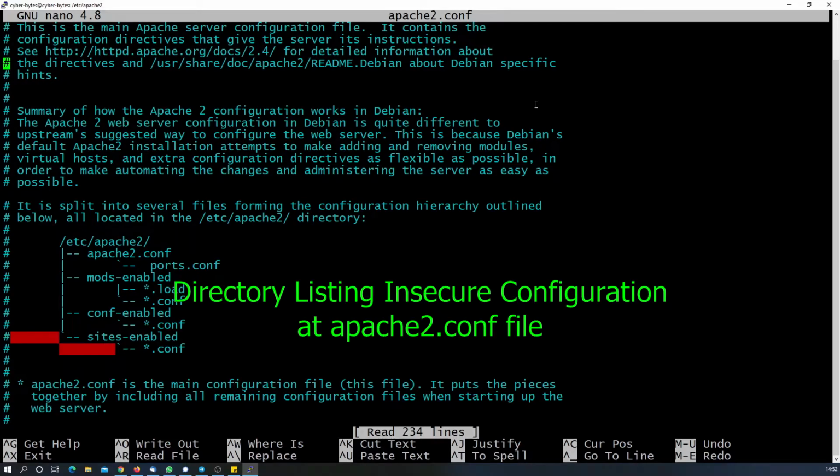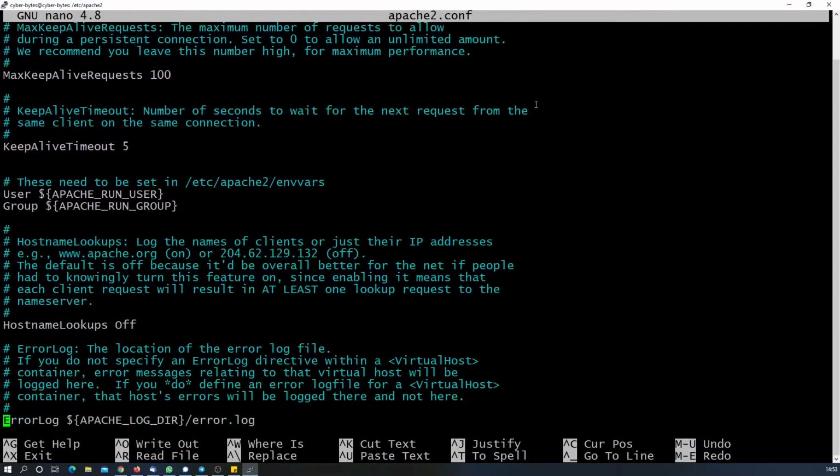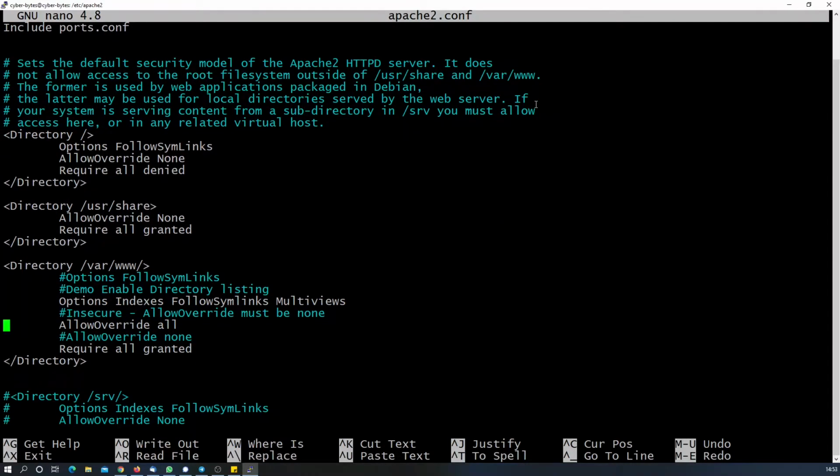So this is the configuration file here, and we will be drilling down directly to the directories. This file. So there are some, we can say, deliberate options that have been set up. So this is for demonstration purposes. Whenever directory listing has to be enabled, say for example any developer has put this option, that option: Indexes, FollowSymLinks, MultiViews, all these options have been put up, and also AllowOverride set to All. So this is how they have actually set it up.